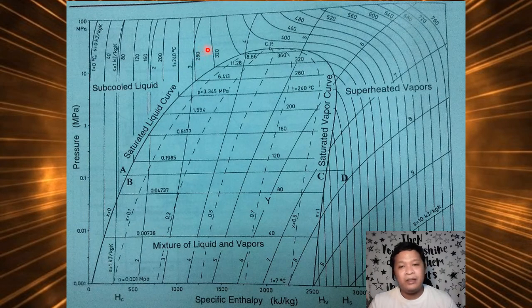On the other hand, the right side of the curve is the point at which all of the water has just turned into gas but is at the same temperature